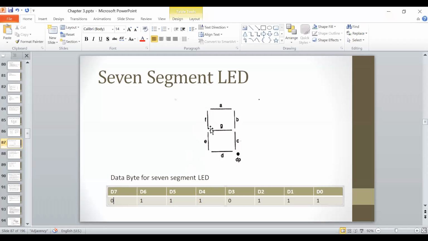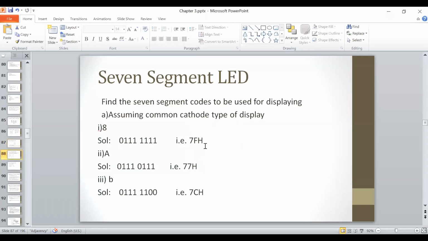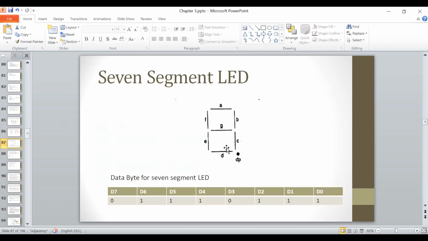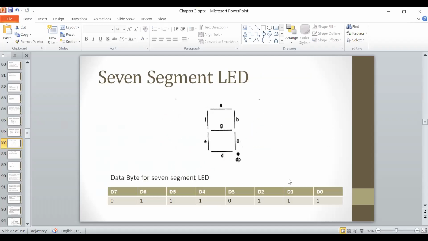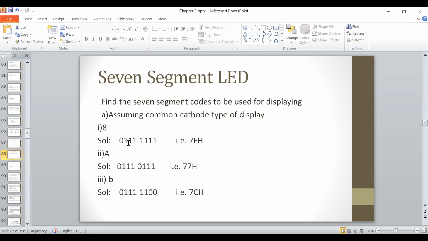Okay, are you able to understand this part? So based on this thing only we have discussed certain kind of example here कि कॉमन कैथोड होगा तो आपको किस तरीके से रिप्रेजेंट करना होगा। अगर आपका कॉमन कैथोड है तो इस पूरे एलईडी सेगमेंट के अंदर ऑलरेडी कैथोड का मतलब ग्राउंड से कनेक्टेड, तो ऑलरेडी सभी में वोल्टेज 0 था, तो इन सभी में ऑलरेडी 0 होगा। अगर मुझे ऑन करना है तो मुझे 1 प्रोवाइड करना पड़ेगा।